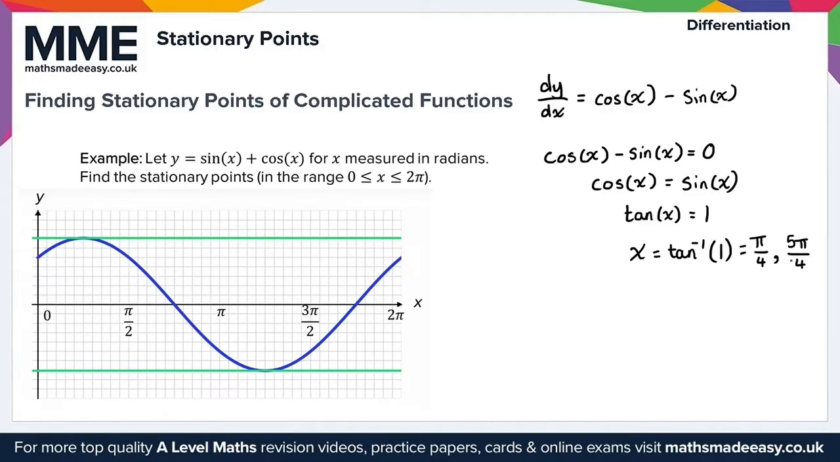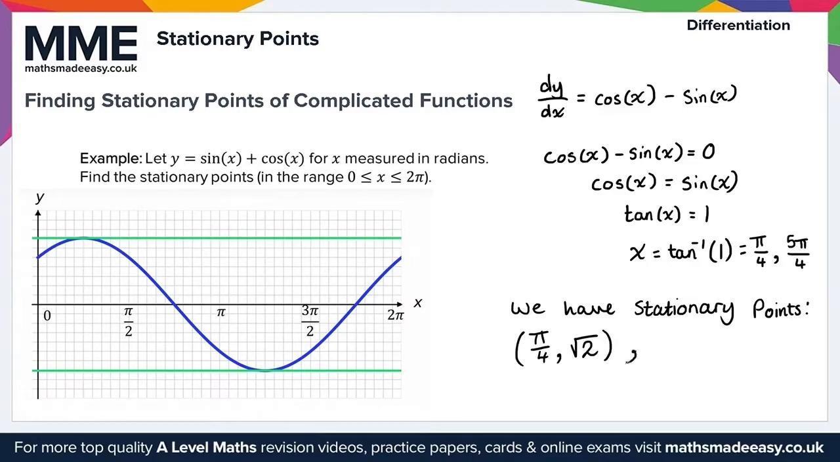So for x between 0 and 2 pi, in the correct range, we have the stationary points. Remember, we've got two values for x here, so what you need to do is substitute these into the equation for y. So y is equal to sine of pi over 4 plus cos of pi over 4, and if you do that, you get root 2. So we have the stationary points, and we write this down in full: pi over 4 and root 2, and we also have 5 pi over 4,